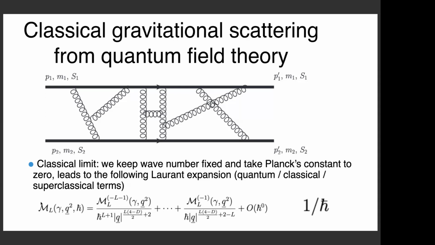So in general, at L-loop order, that will lead to an expansion that starts with an h bar to the power L+1 term. And it has some Q dependence, also depending on the loop order. So what we have to determine is the numerator factor, which depends on the specific loop diagram. From that point of view, we can see where we have classical physics in the problem, and we can use this classical physics to derive consequences for observables. It's a little different from the way we normally do QFT, because we have to make these considerations quite early on in the computations.